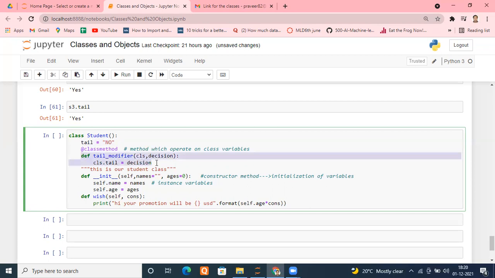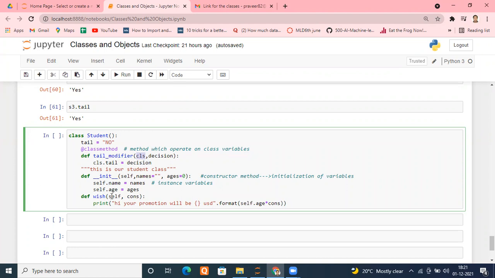So before creating a class method, you have to write this word @classmethod, which is nothing but a decorator. Anytime you are writing a class method, you have to use this word classmethod. There is one more method I'll tell you, don't worry, I'm about to come to that. Then define your function normally, but ensure to use your CLS word. Otherwise, whatever word you write here will be treated as corresponding to the class only. For example, instead of self, if I remove self and place cons here, it will understand, okay,